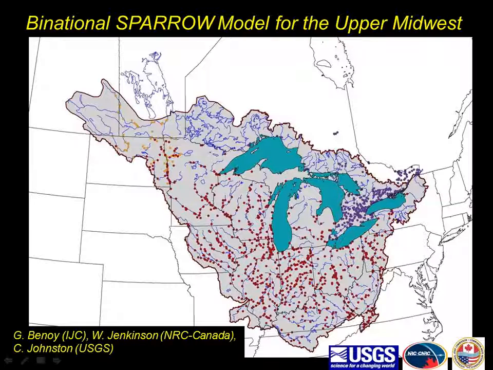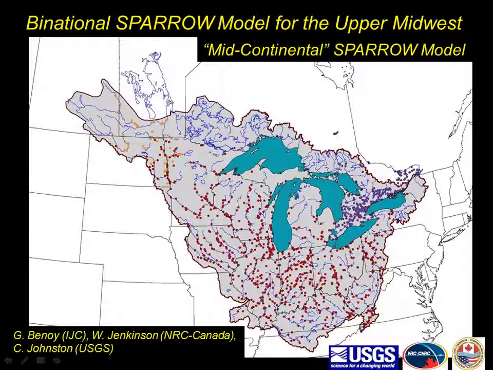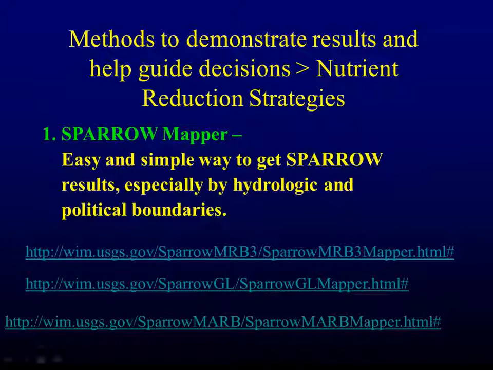Right now, when we looked at Lake Erie, we had this small piece. We didn't have what's interbasin transfer. We didn't have what's coming in from the north side of Lake Erie. Now we really will have that entire basin covered. And we're hoping to have that model done, I think, in about the next 1.5 years or so. And just for terms, we're now calling that the Mid-Continental SPARROW Model. So we're getting a little bit more intense, a little bit wider, more encompassing.